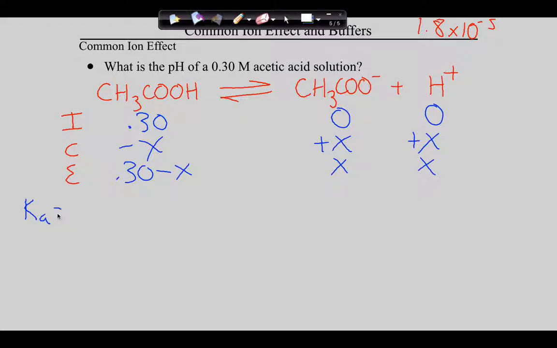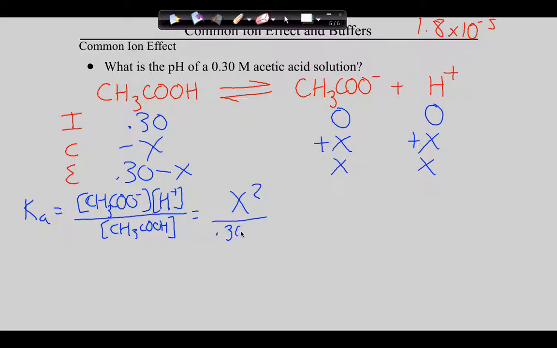Ka is equal to acetate ion, hydrogen ion, over acetic acid, x squared over 0.30 minus x is equal to... Oh, sorry, I shouldn't do that yet. So it is approximately equal to x squared over 0.30, and we can then say that Ka is 1.8 times 10 to the negative fifth, and then solving this